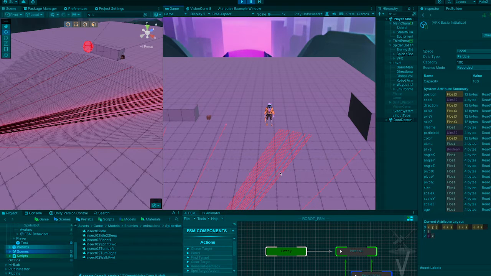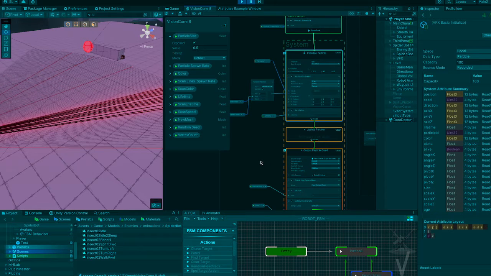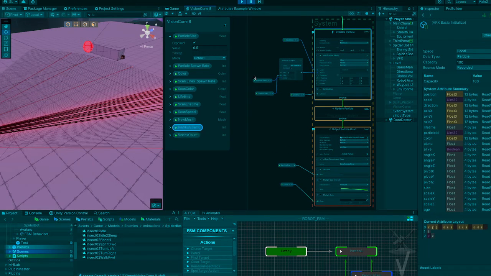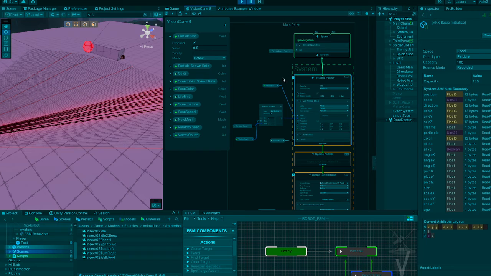So this effect here was a custom solution. I had to look at this VFX sample, this VFX sample, and combine a bunch of different VFX, working from the beginning and making it what I wanted, because this wasn't out of the box. I couldn't go to the Unity store and buy this. I couldn't find a tutorial that had exactly what I was looking for. I kind of had to adapt